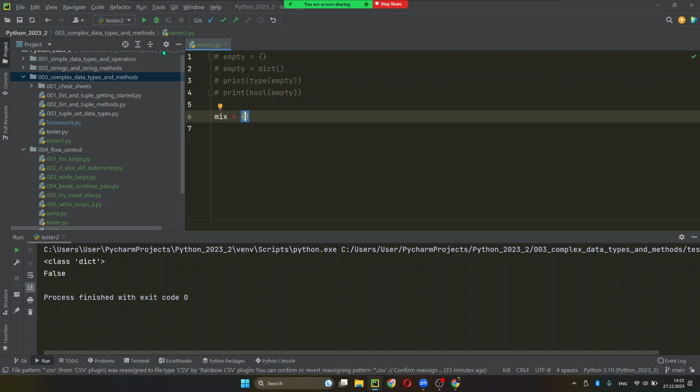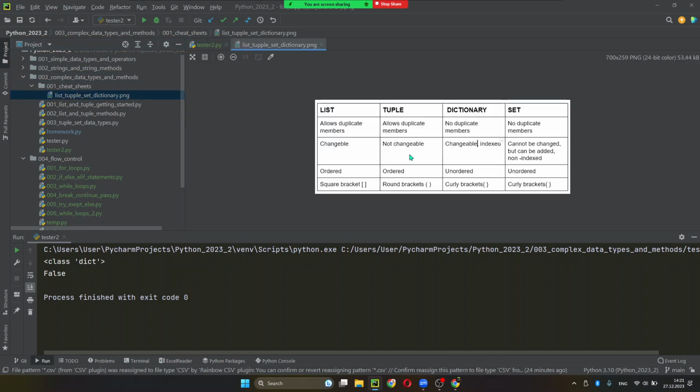So we had a list of values, different values, integers, floats, whatever. A dictionary contains pairs. So these are key value pairs. This means that you have to create a name for some variable, and I will actually open you this